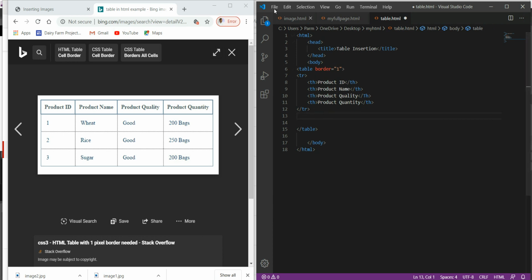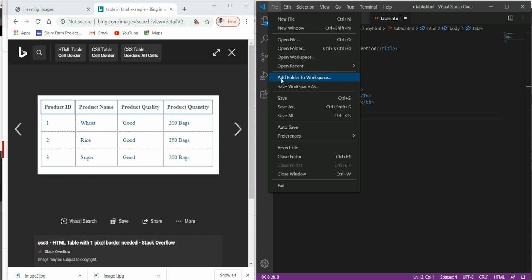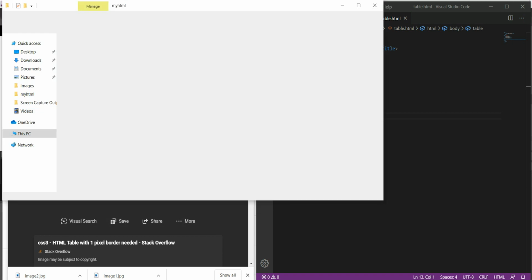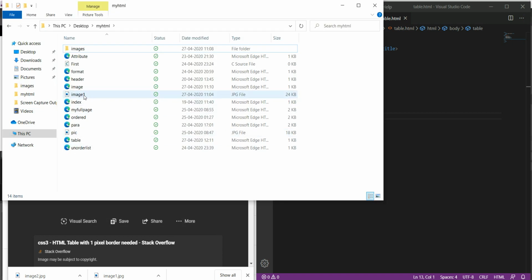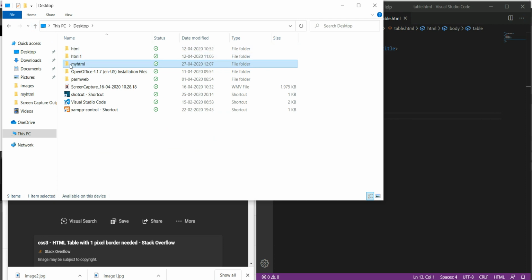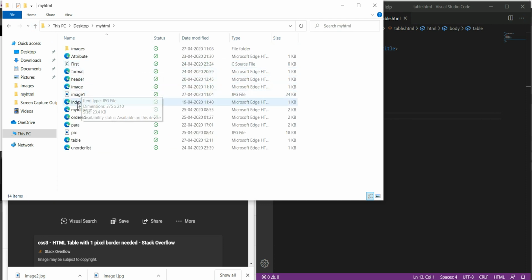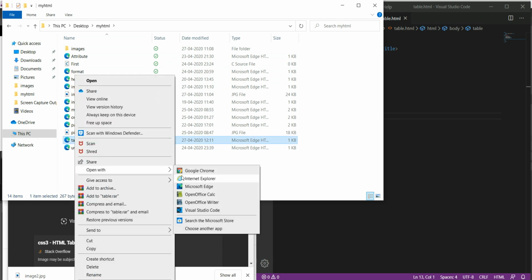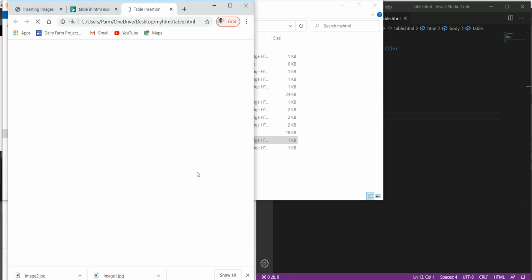To see the effect we save the changes we have done to the file. Then in the file explorer, in my HTML folder, we have created a file with the name table. Look at this, this is table, and open it with Google Chrome.